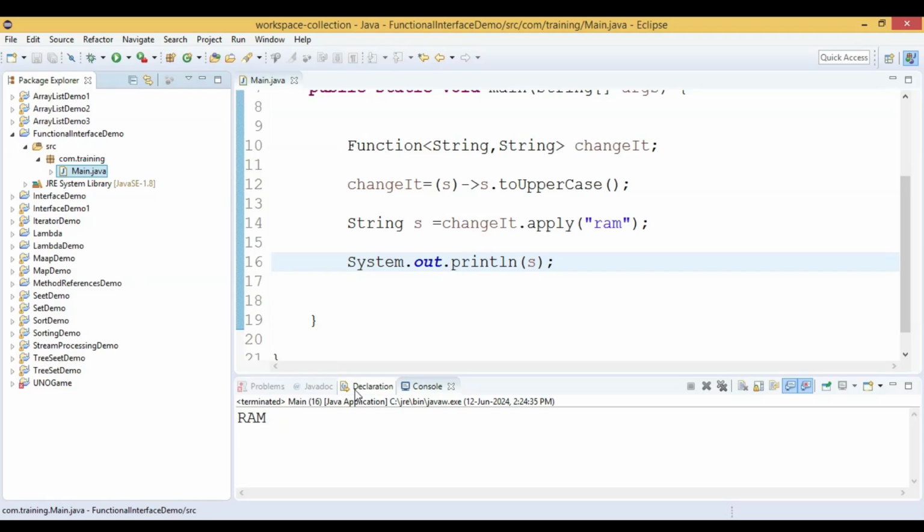Okay, so now we got the output, which is the value ram, the string value converted into uppercase. Okay,